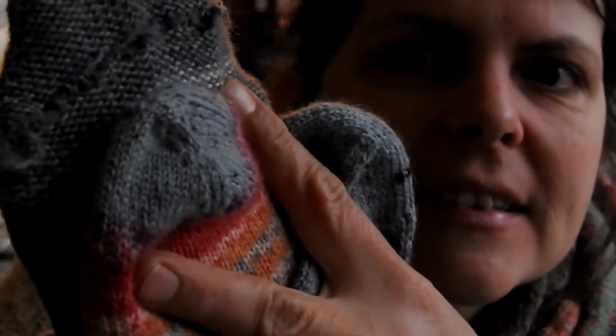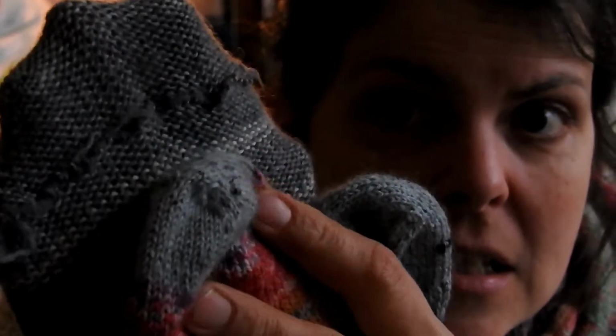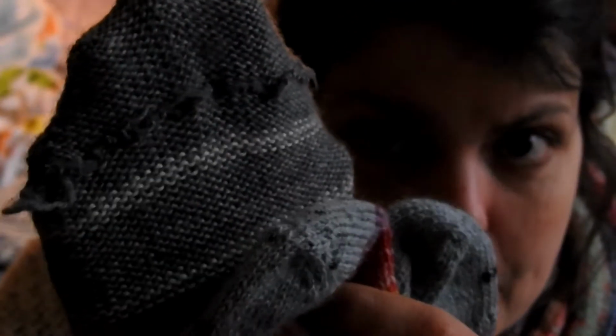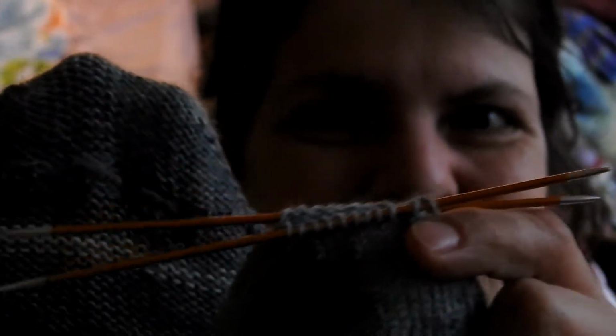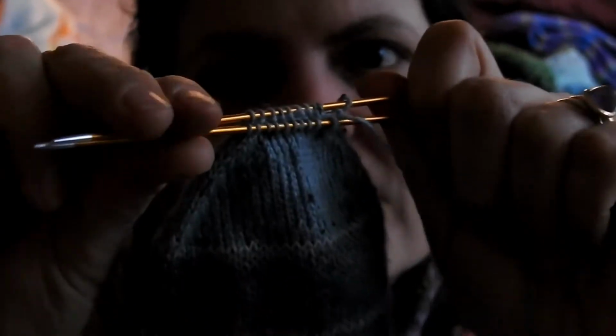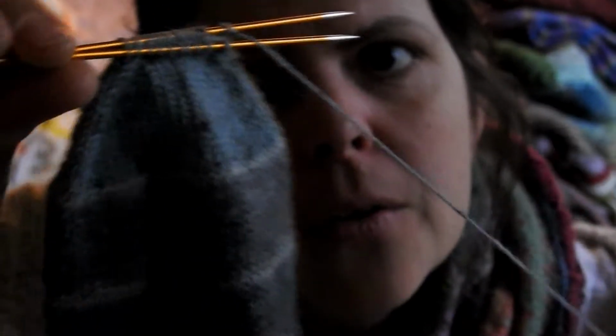Look at the difference of 4 socks, and this is the 3rd pair, so sock number 6, because the other one is currently on my needles, so I'm going to take this off. So now with this sock I will just have to do the Kitchener stitch to seal up the toes, and then it's going to be this last one, and I'm going to just film my hands how I